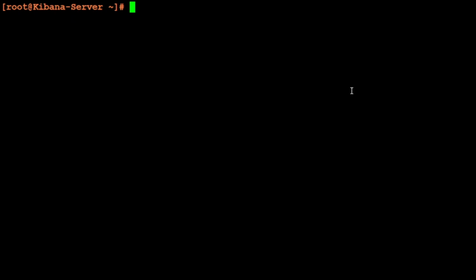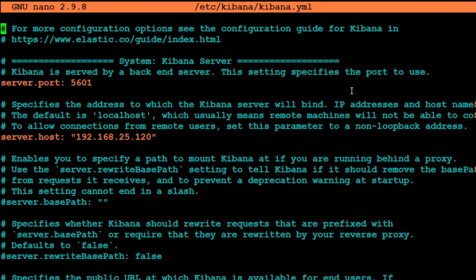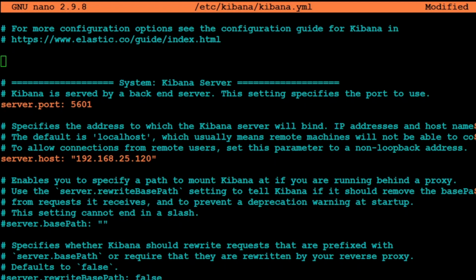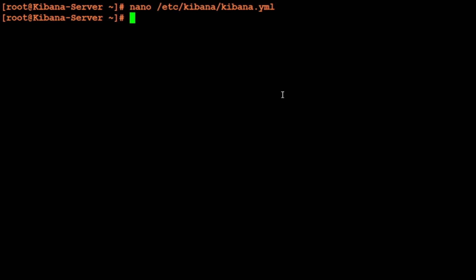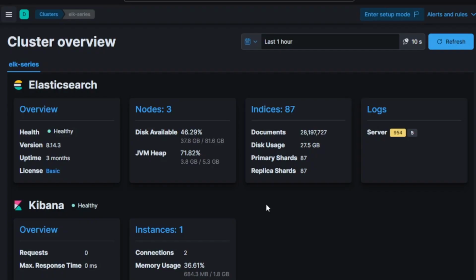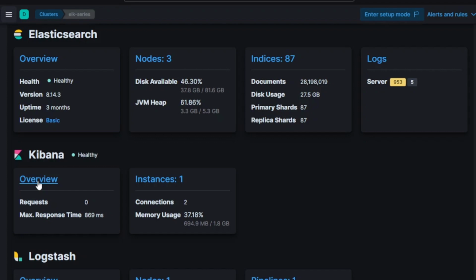And then on the Kibana server, if we go to the kibana.yml file, there are a couple of settings that we need to include on here. So the monitoring.enabled, and then the monitoring.kibana.collection.enabled, also set to true. We're going to save this file, and we're going to restart the Kibana service. And after the Kibana service restart, on the stack monitoring page, we can see now Kibana here displayed,